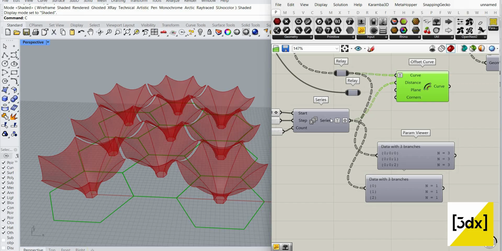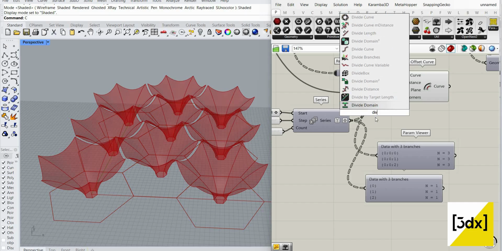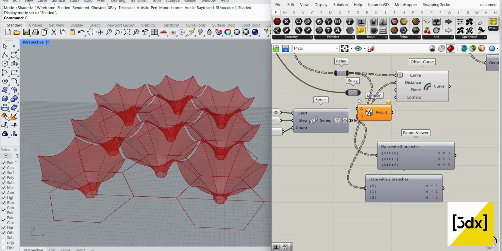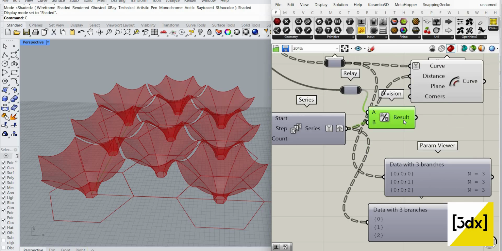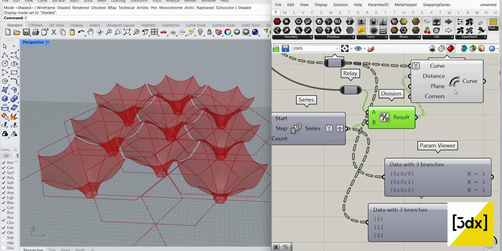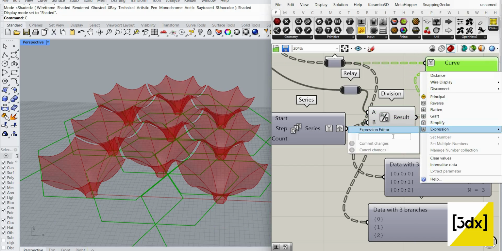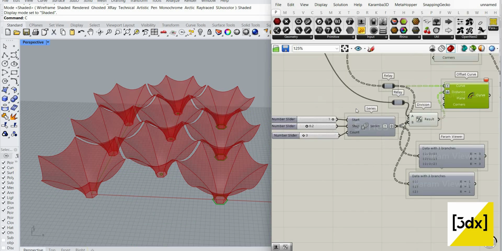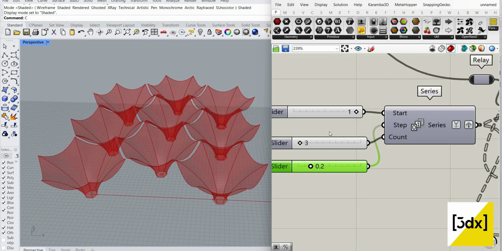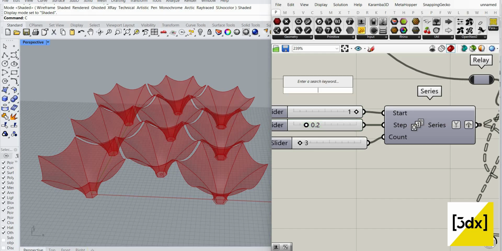What is the value here? No. I need to divide this, or else the value will be 1 2 3. That's why you don't get a change. So now you have the value. Now it should be -6, and here I don't want to start with 1. Let's say it starts with 1.1 and it starts with